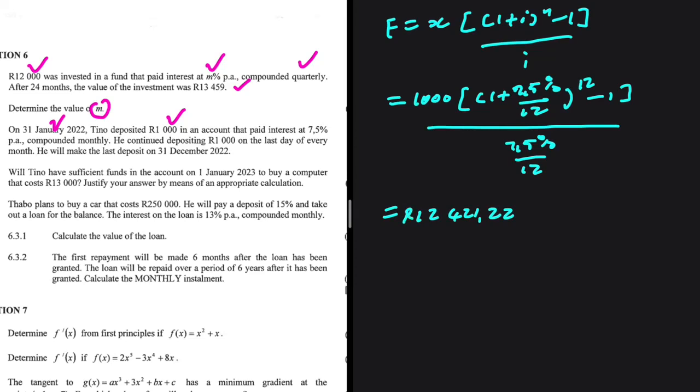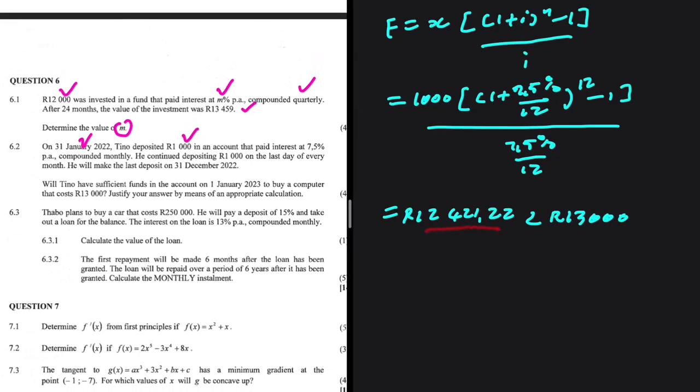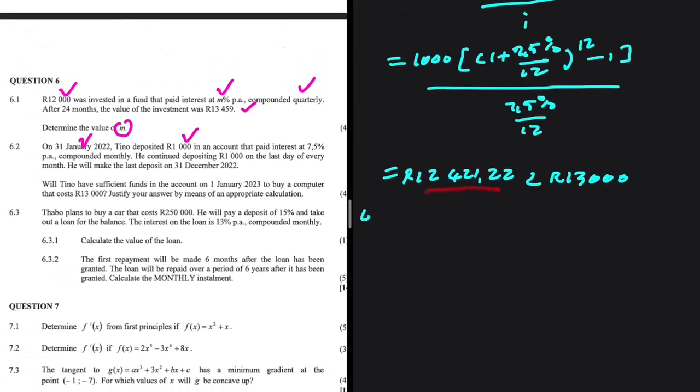12,421.22 rands, which is less than 13,000. We are not going to be able to purchase that computer that costs 13,000 because our future value is less than that. That is 6.2. Let's take a look at 6.3,